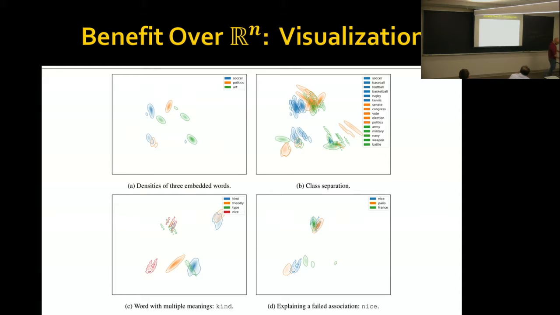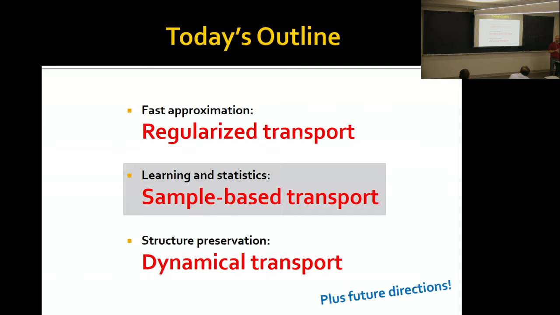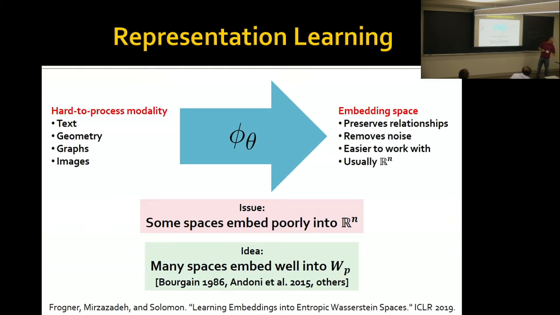Yeah. Right. So now let's change gears and talk about a completely different approach to transport, and that's sort of closer to the statistical. By the way, I don't quite get it. How is that related to optimal transport, the previous one? So we're trying to solve a problem that says I have some distance metric on a very complicated space, and I'm trying to learn a map from that space into the space of point clouds, which is just a space of probability distributions restricted to a finite number of points, equipped with the transport metric.